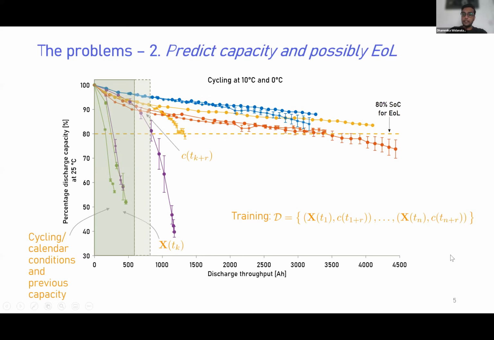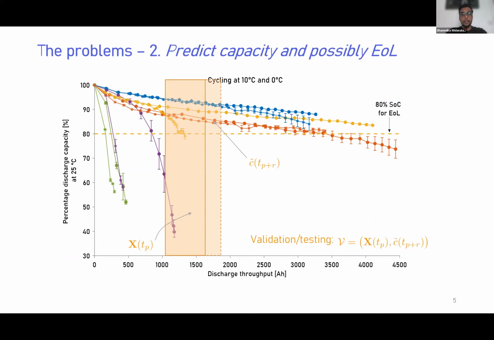So you could then collect this as pairwise sets of data for your training and say, if that's my training conditions, for example, it could be cycling, calendar, or even previous capacity could go into populating this X vector or matrix, and you're trying to then say what the capacity is. So given that, you train a model and say what's going to happen at a later stage with a new set of conditions, a new operating condition coming in, what's the subsequent future capacity going to be, right?